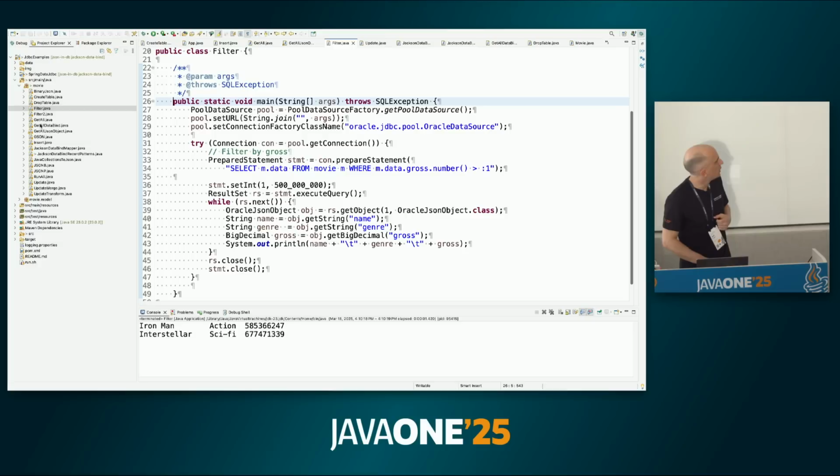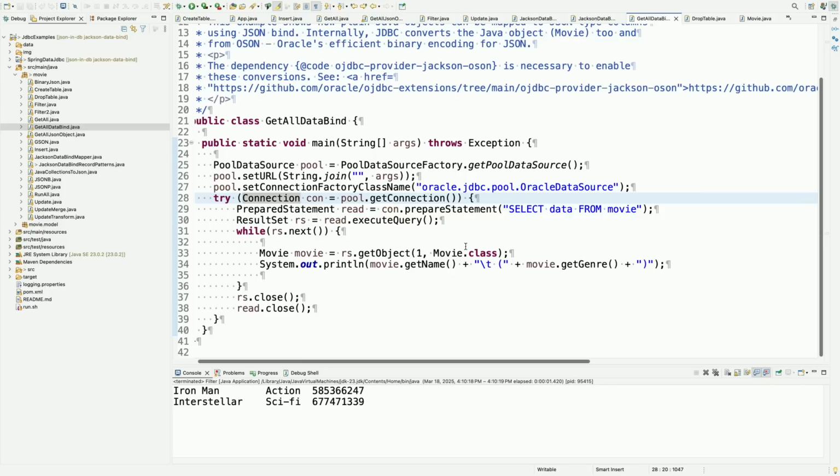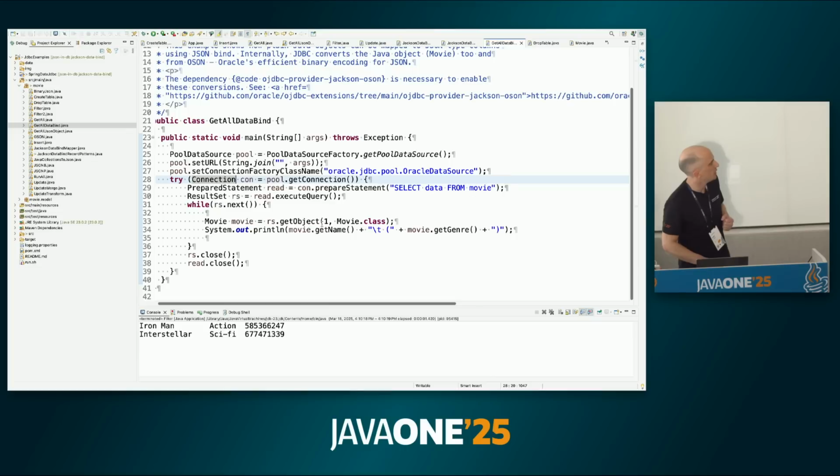So I've just got a couple more I wanted to show here. So what if we want to get them back using the Jackson stuff? So here, it's selecting all the movies again. But now it's just sending in, hey, for each row that I iterate here, I want to get them as this movie class, this POJO. And I get the name and genre, and these are calling that kind of vanilla Java code that I showed you earlier. So if I run this,